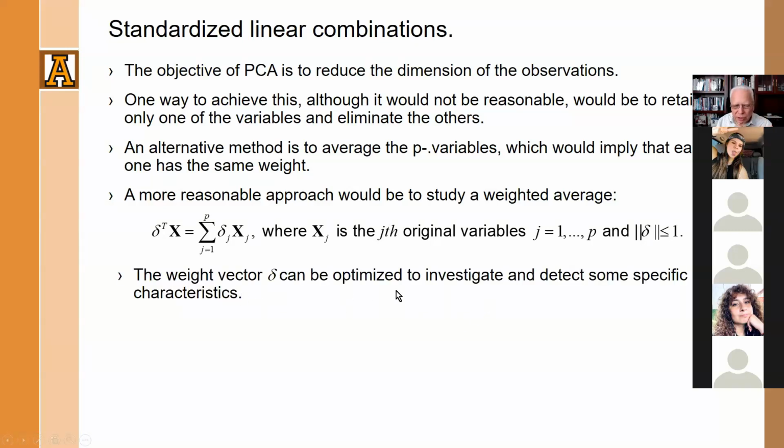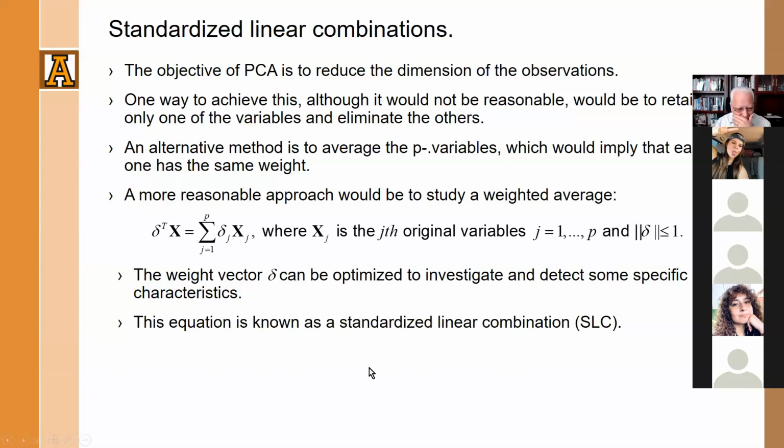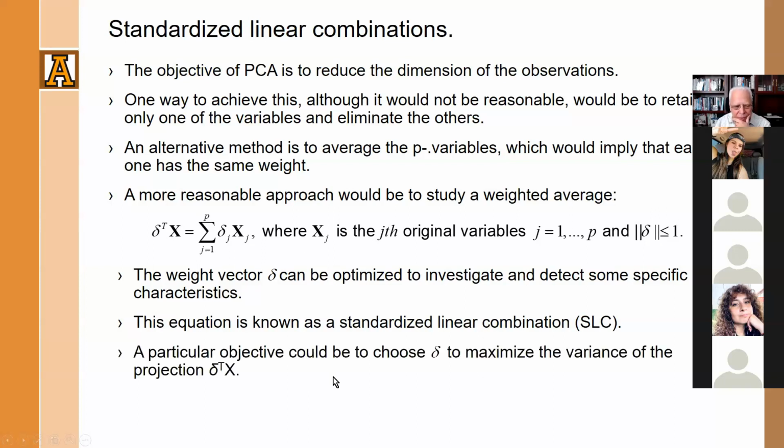Now, the weight vector can be optimized to investigate and detect very specific characteristics. We're going to try to find the delta vector so that we achieve the objective that we have with principal components analysis, and that is to capture most of the variance in the original variables in fewer components. Okay, this is called a standardized linear combination of these original variables. And a particular objective will be to choose delta to maximize the variance of the projection